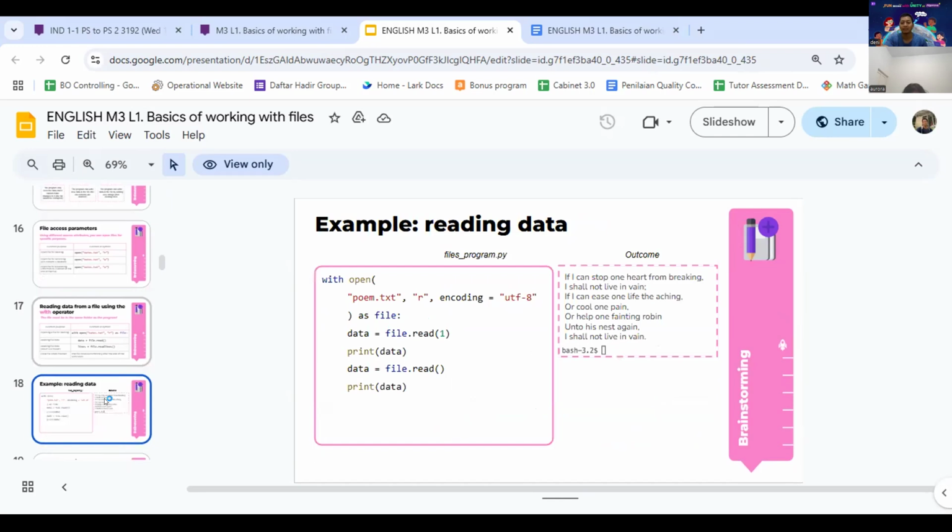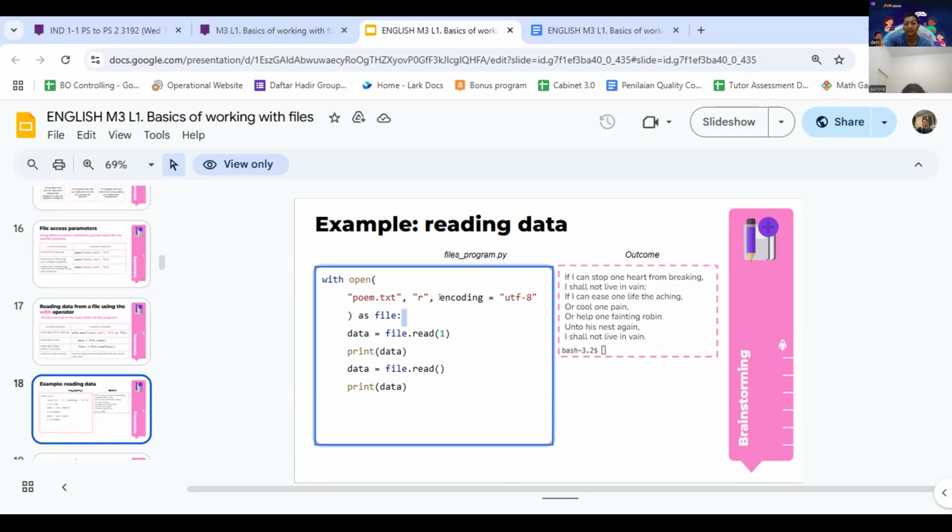Now, here's the example. We have first program.py: with open poem.txt, encoding UTF-8. It's like a code. So when you want to run your code on other devices, like maybe you use macOS or your friend's laptop, it can also be read on the other devices.